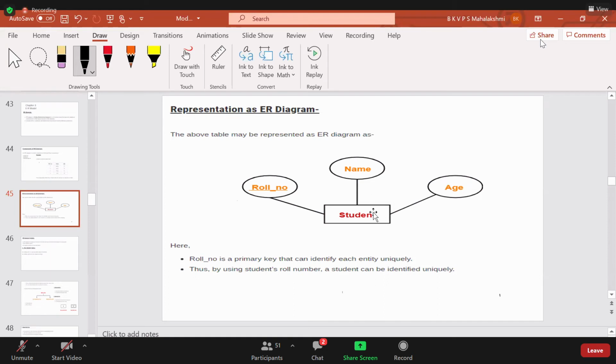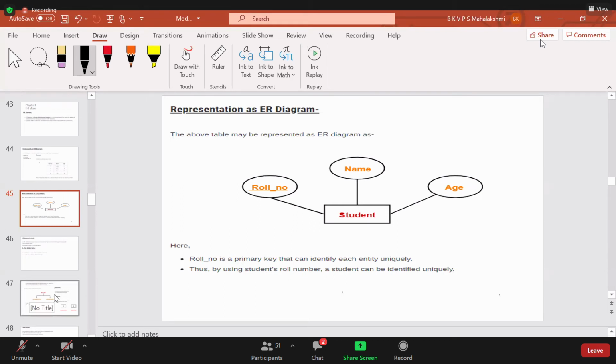If you know the age, if you know the name, and maybe you are searching with the name, then instead of one person's details, you will get some other person's details. So it is not a strong entity. Whenever the entity does not have this key, that is called a weak entity. Understand?